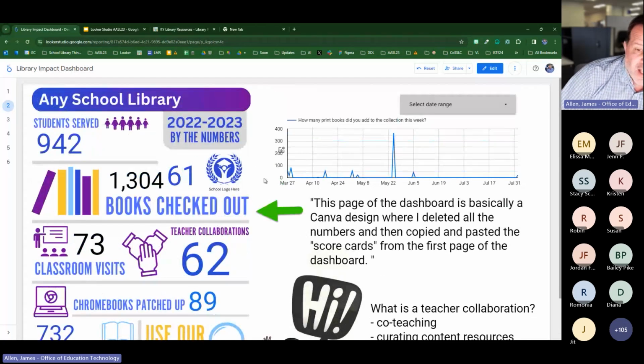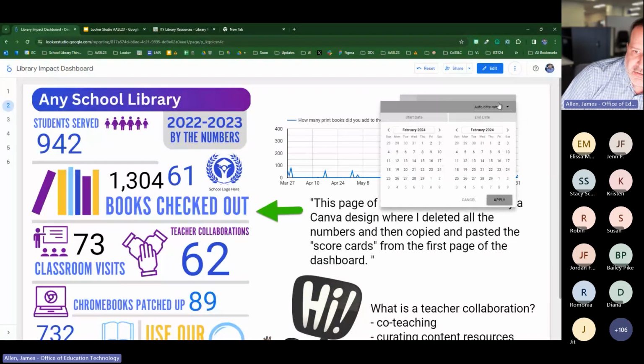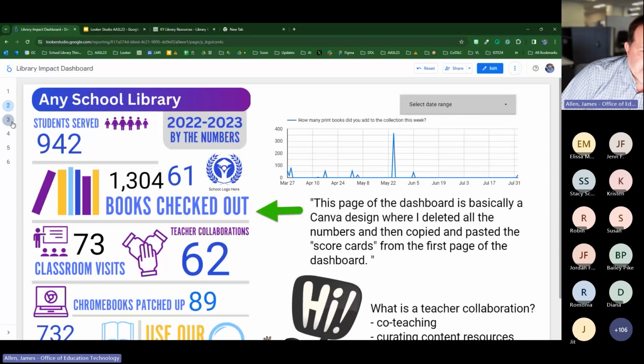So an awesome part about this Looker Studio stuff, there's so many filters and charts. You can even do this by date. So since you're filling this out on a Google form, it's capturing the date every time you do that. So I can look at my stats based on a certain period of time. I want to compare January to February or last year to this year. I can do that just like you would. Kind of reminds me of when you look for flights on the internet. You click your starting date and your ending date. You can also